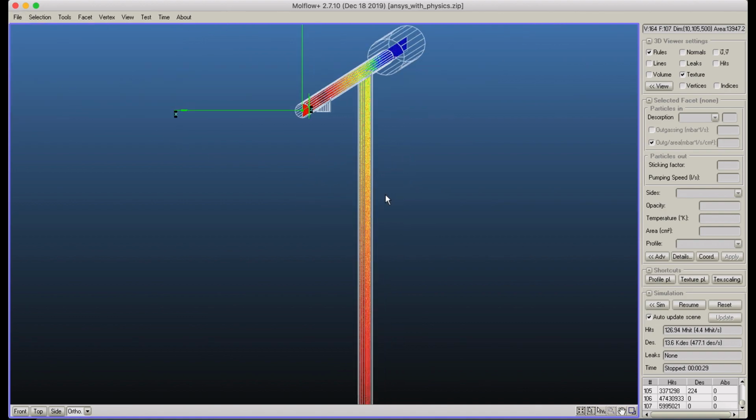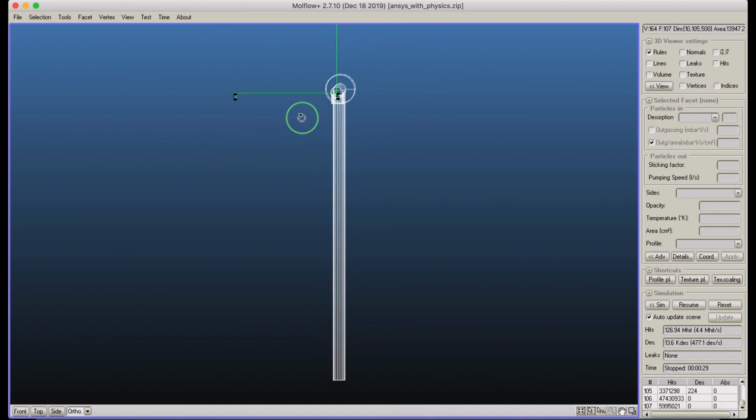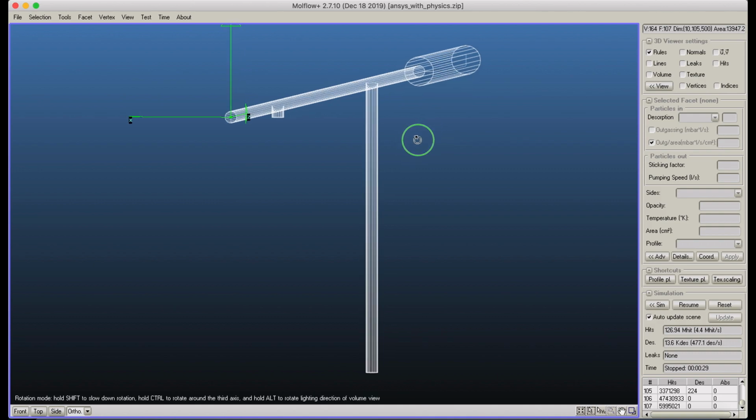So obviously this is something small, and within a few seconds it has converged. But for larger systems, it's a good idea to take advantage of the symmetry. So what you can do is basically recognize that this system is symmetric to this plane. So we could cut it in half and make a reflecting surface. And that way we could actually just simulate half of the system, resulting in more or less twice